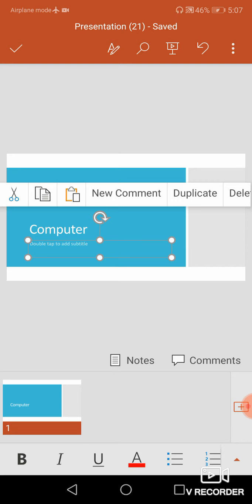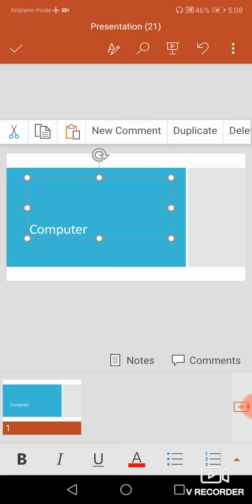If there is no subtitle, you just click on this and then you can use these editing tools. So the scissor is called cut, and then this icon is copy, and then this pad symbol represents paste. Cut, copy, paste. Okay, so that you have used in your system. So similarly here these icons are used for editing, cut, copy and paste. So I am going to remove this using cut.